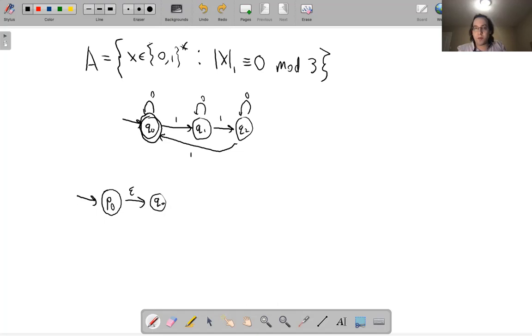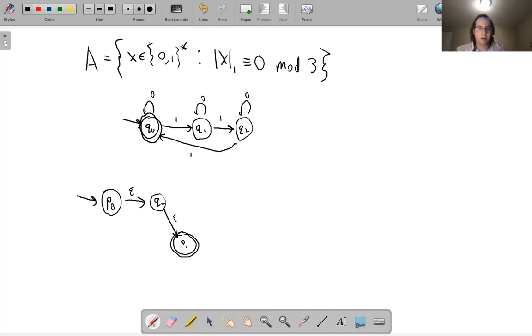We can move for free from P0 to Q0, and we can also move for free from Q0 to another new state, which we'll call P1, and that will be our only accept state. Okay, so P1 is going to be the only accept state here. We'll move for free from Q0 to P1, and